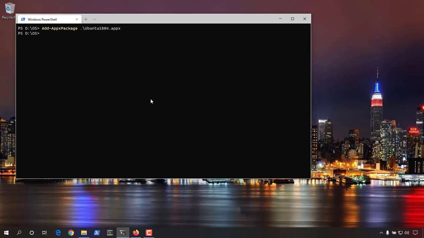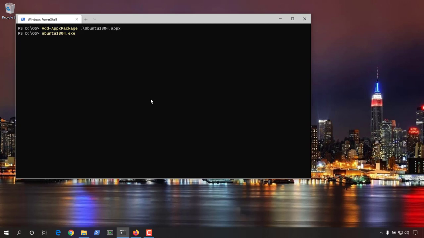So for that, you could just type in Ubuntu and then hit tab on your keyboard. See, I'm just typing a few characters until I get the executable. So right here, you see. If I typed in this command and just hit enter right now, it's just going to go through the installation process. It's going to install Ubuntu, and then at the very tail end of it, it's going to prompt you to create a user. But in this case, I'm going to bypass that